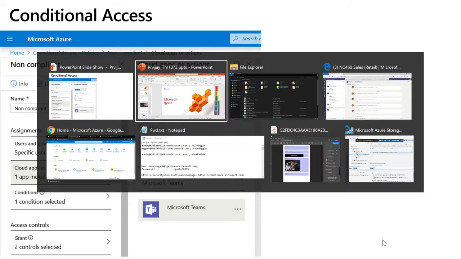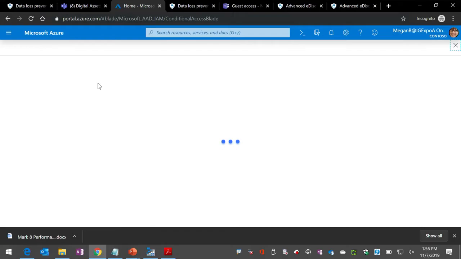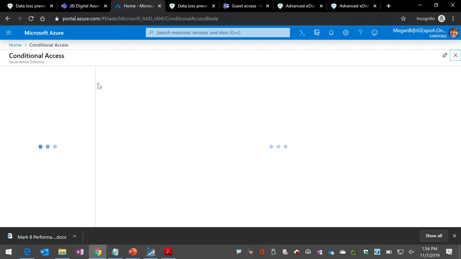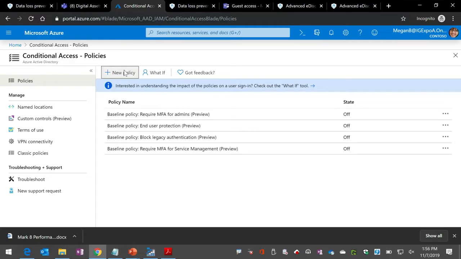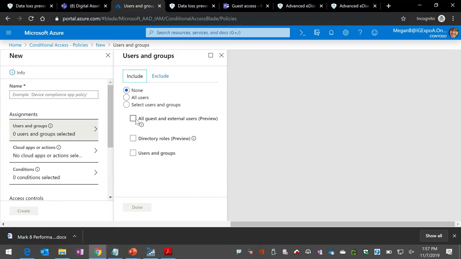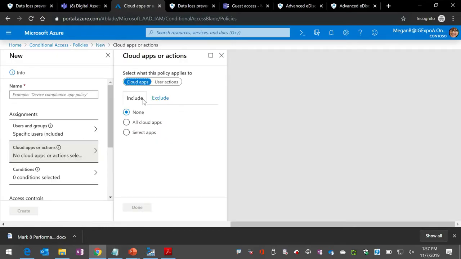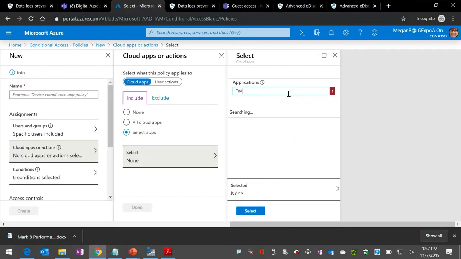So switching to a demo. This is the conditional access page in Azure AD. So if you click on conditional access, network, going once, going twice. Okay. So when you create a new policy, you can give it to a specific set of users. And just for this demo, let's just do all users. The key part is you can include Teams as one of the workloads. So if you search for the Teams application,